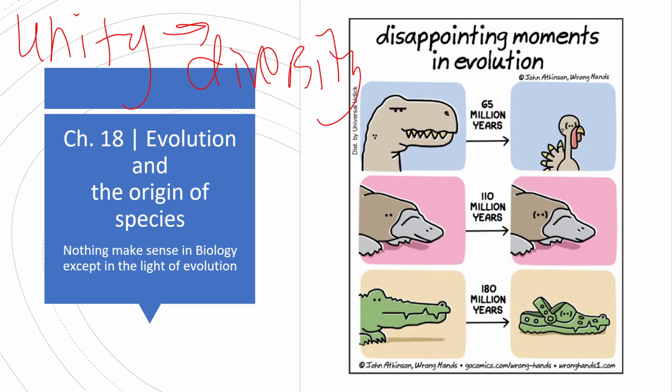Or we can ask the same question the other way around. With such diversity, why would lives in different forms share so many similar characteristics? And the answer is evolution, which is quite an amazing process, and it can explain why lives are so similar but also so different. So we are going to learn about evolution in this week's videos.